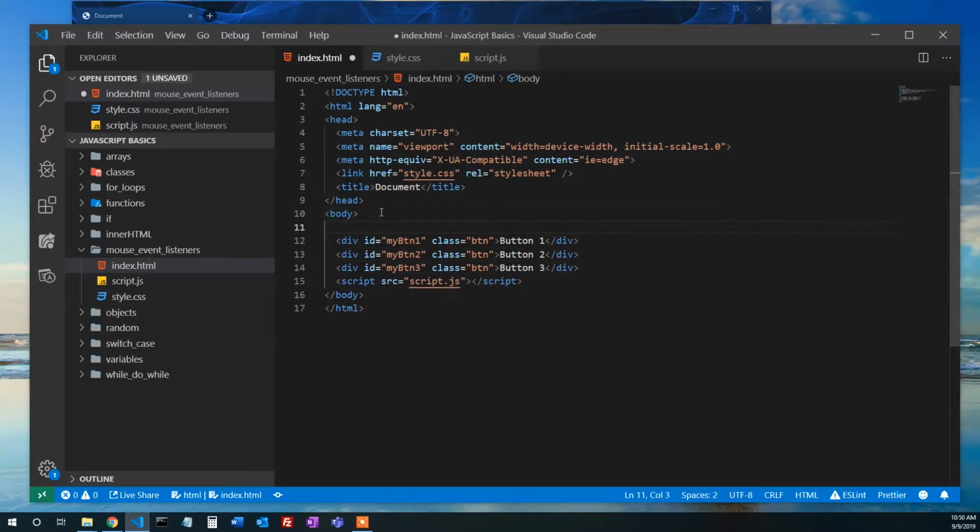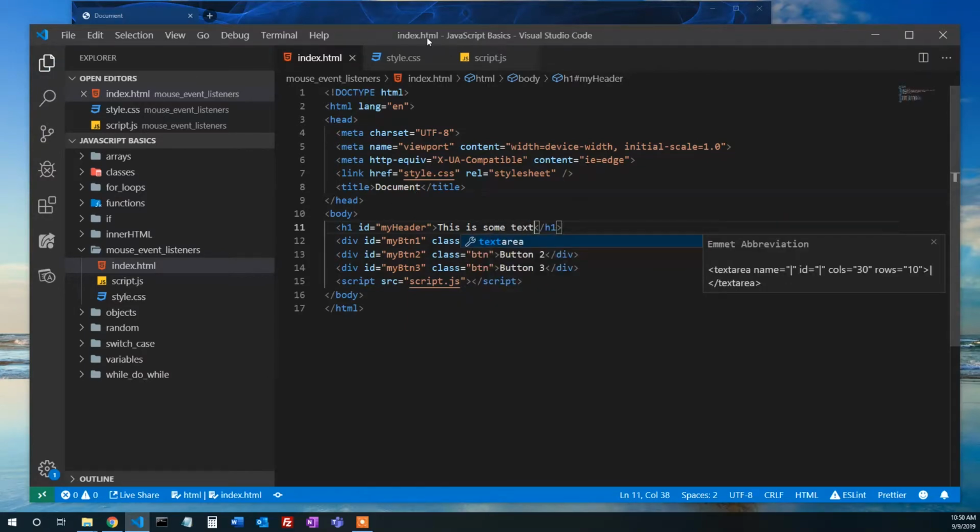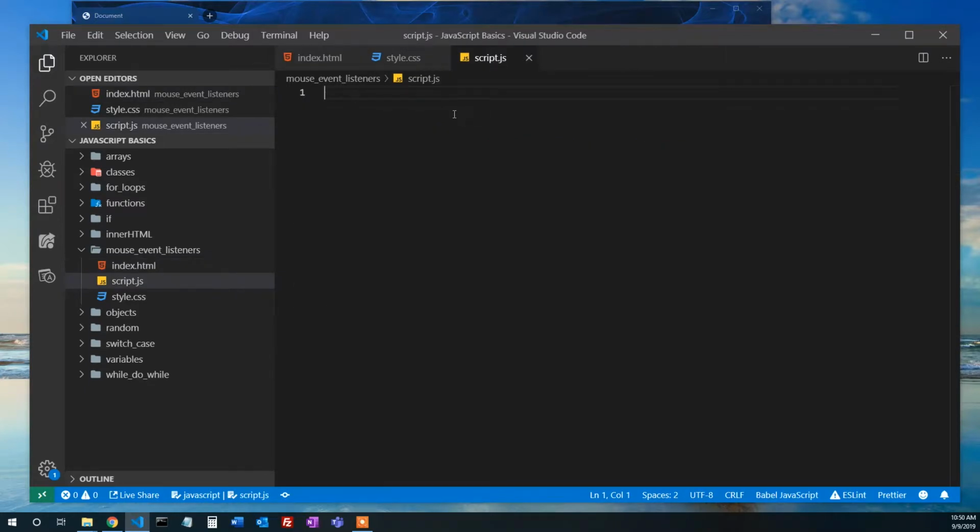I want to add one more thing in here. I'm going to add an h1 tag, and I'm going to give that an ID and call it my header. This is some text, and we'll use that later. Okay, let's go into our script.js, and